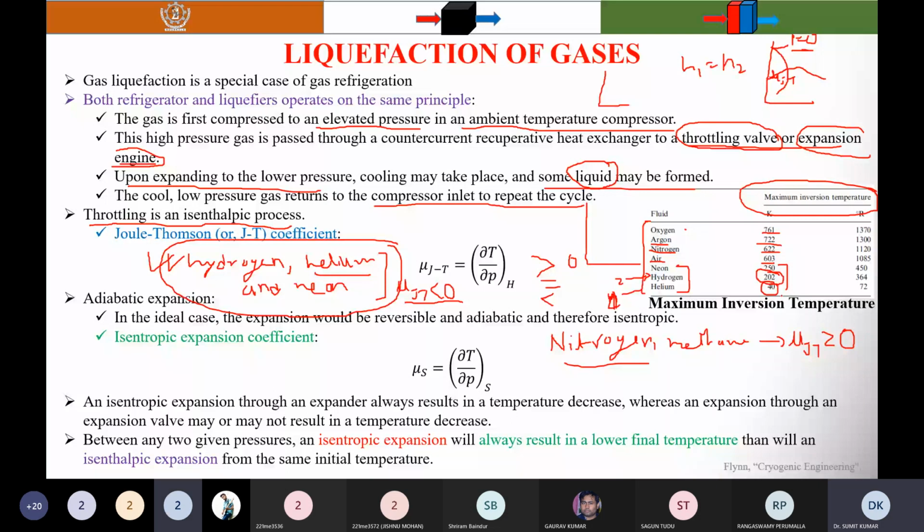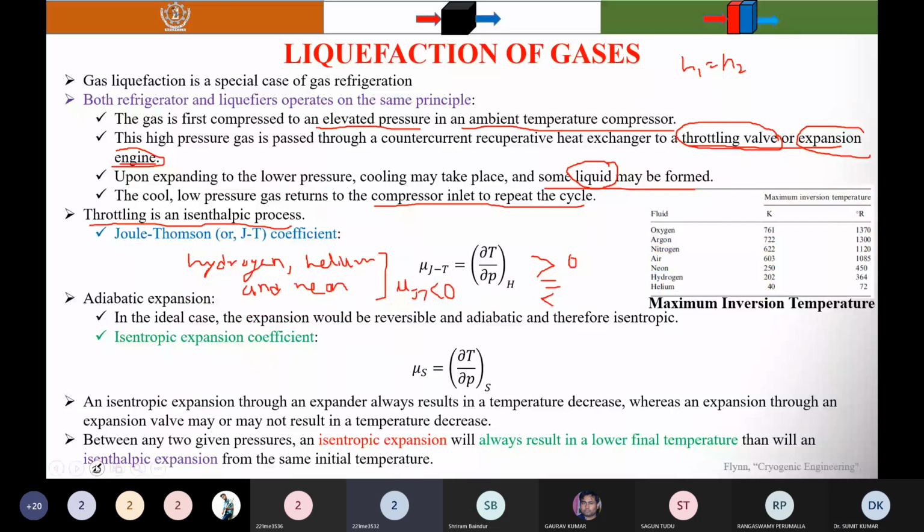Sir, one doubt. We studied in RAC, in the vapor compression refrigeration cycle, that whenever an ideal gas, for example air or helium, is used as refrigerant, throttling is never used for pressure reduction, as it does not give any temperature drop. But here expansion and throttling both are used.